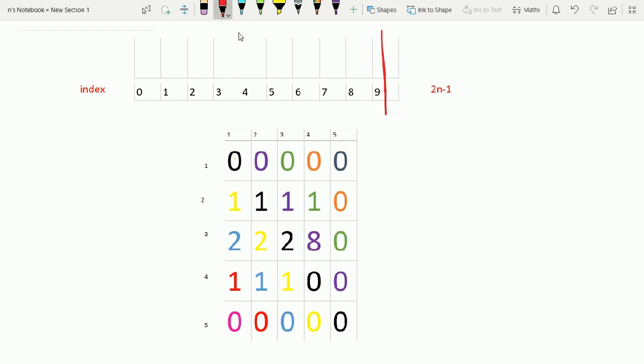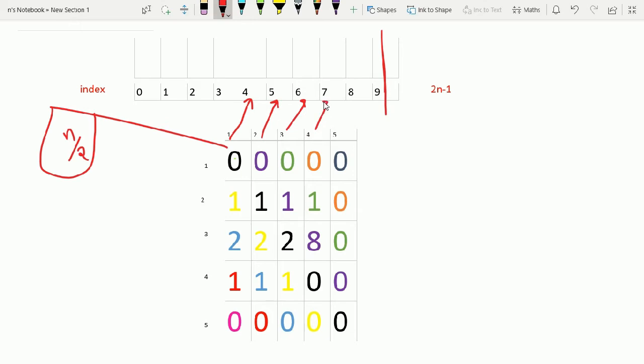So let me explain again. We are going to store the sum of diagonal elements, that is the number of total coins for the user. We are going to store this sum in a one dimensional array. We always start with n by 2, that is the length of our array divided by 2. So we always start at the midpoint. The first element we store at the midpoint, that is 9 divided by 2, that is 4. Then the next element, and this is how we store our first array. And then we are going to add new elements to the next location.